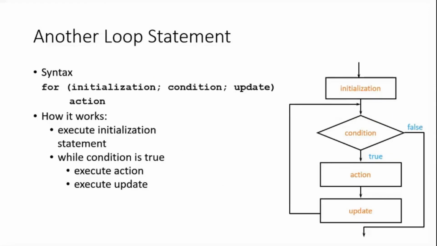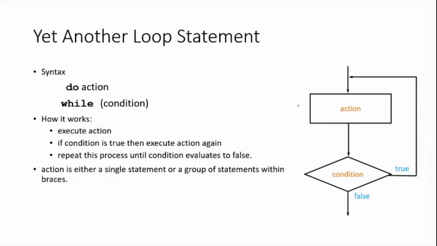So we will see another loop statement also, that is a for loop. In a for loop, what happens is, in the case of a while loop, we initially do not know how many times this particular loop will run, because at some specific time,